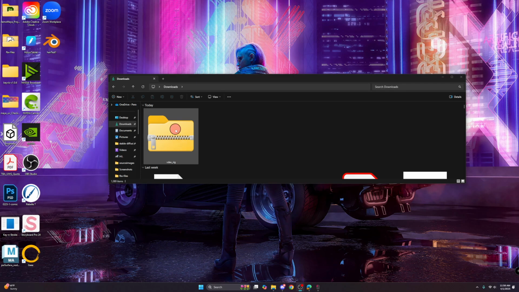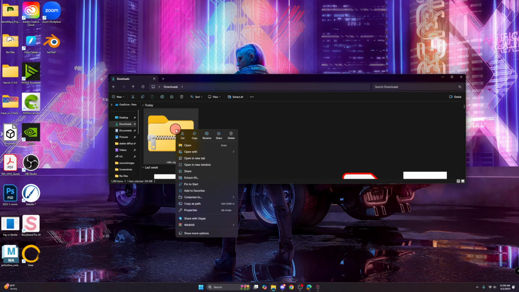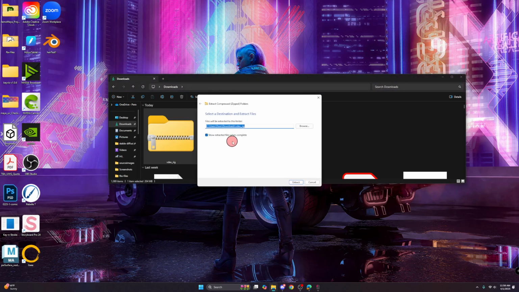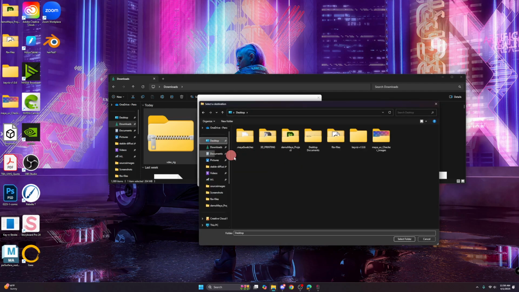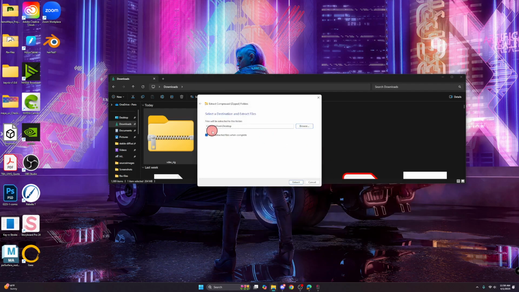So for us, for the very beginning, if we're just setting this up, we're going to right click this folder and we're going to find the option that says extract all. And whenever you click that, it's going to ask you for a directory or a space in the computer that it wants to extract this content into. So for me, I'm going to select my desktop, change that directory right there, and that way I can have the VDEV rig easily accessible on my desktop where that way I know where to grab it. So when all of that's done, I'm going to hit extract,